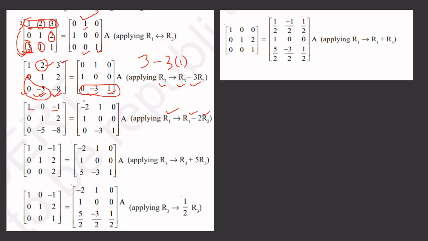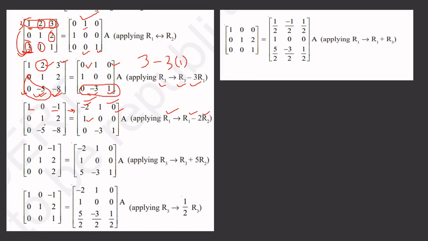Simultaneously we have to change here also, that the first row is changed such that the first row minus 2 times this second row element: 0 minus of minus 2, that we can get 2; 1 minus 0 is 1, and 0 minus 0 is only 0, no change in it. Okay,